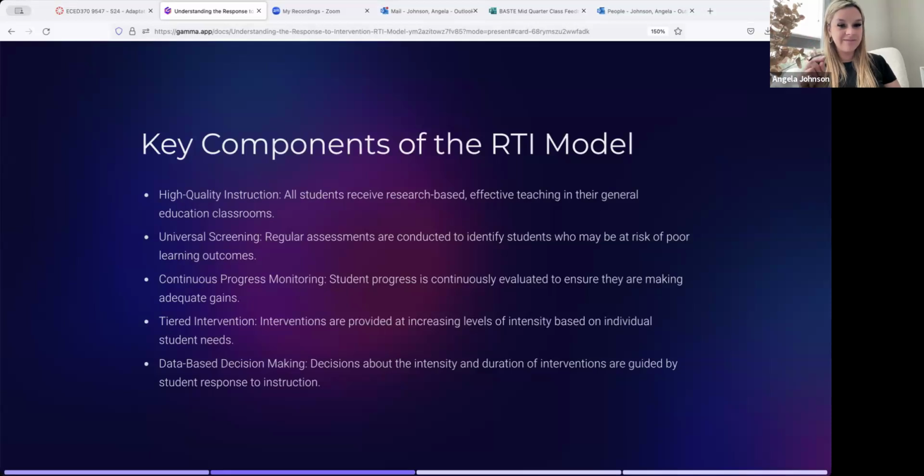So that's number 1. Number 2, do the universal screening. So regular assessments conducted to identify students who may be at risk of poor learning outcomes. So you need to know how students are performing, so you know where the gaps are. If they are not doing well, how do you know they're not doing well? So you must be doing something to know that information, right? So assessing them regularly in many different ways. So assessment can be done,